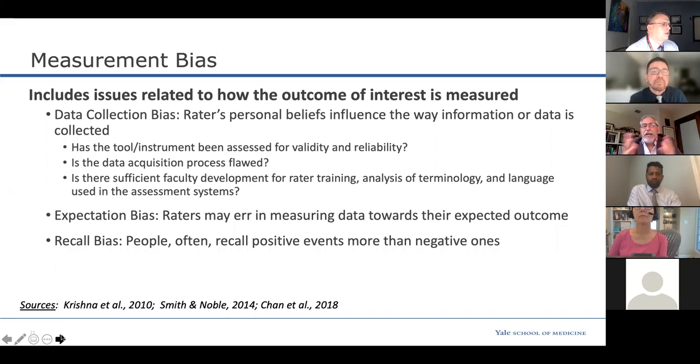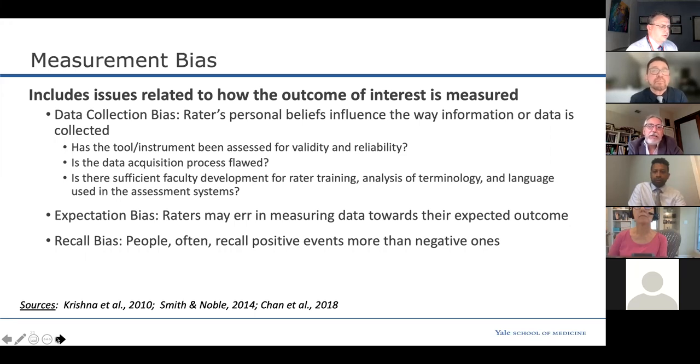Think about it. Take a step back and look at the data acquisition. How is the information being gathered? Think about ways, in fact, that system might be flawed, how it might be actually allowing bias to creep in. And also equally important is, are the faculty, if they're the ones doing the ratings, being taught what the terminology and language used in the assessment actually means? Because people can see or read the same word and have different takes on it based on their personal experiences. So it's really important to try to have people think of the wording in the instrument the same way.